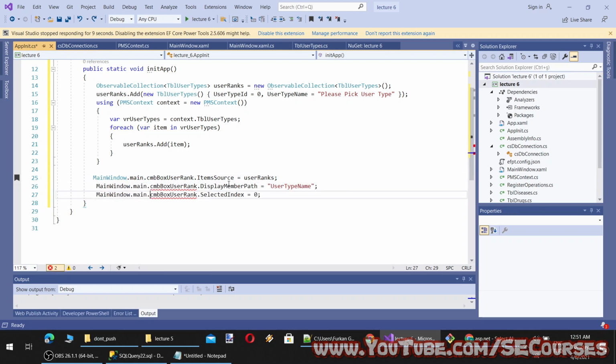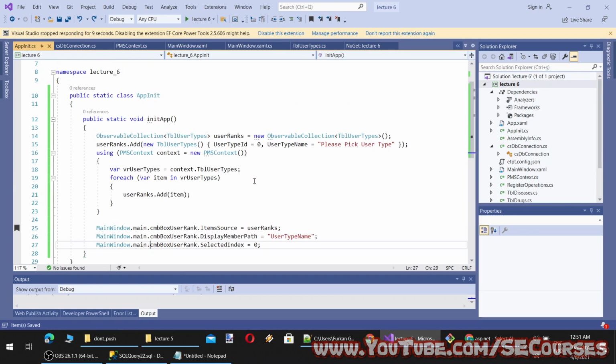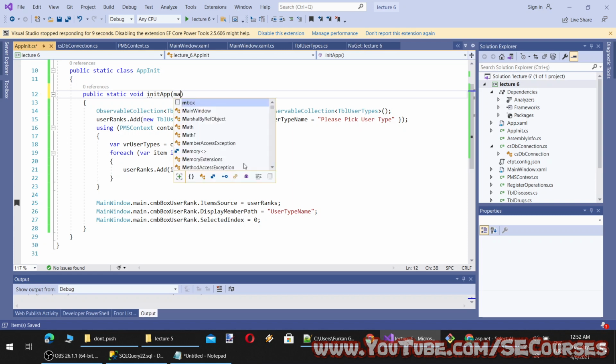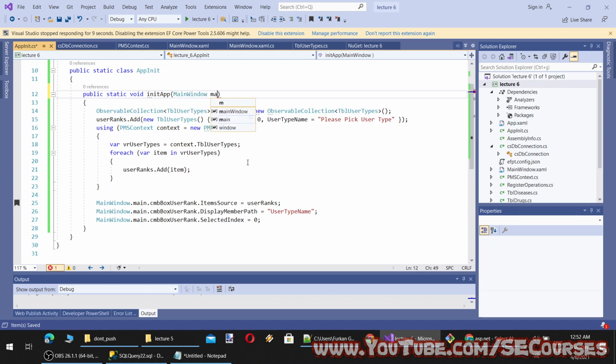And like this, I could also get a reference of this combo box inside here. However, I think I will do a better approach. So, okay, let's say main.